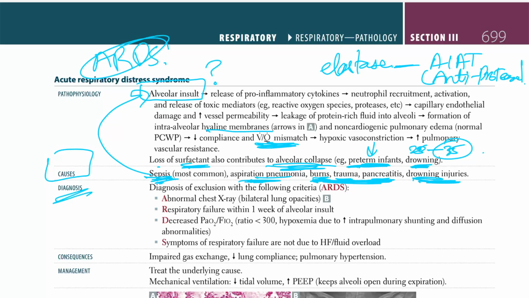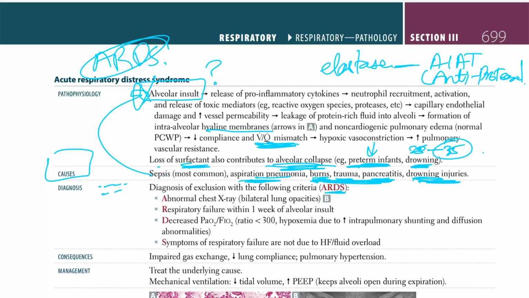But let's look at diagnosis first. How do you diagnose this? That, okay, it is ARDS. Well, it is a diagnosis of exclusion. What does that mean? That means you're going to look at every single thing, and then if you don't find anything, and you say, hey, we are tired, we checked everything, it's ARDS. Okay, diagnosis of exclusion, but it also has criteria. You can't just say it's ARDS when there is not much alveolar insult or not much of these four things. So let's talk about what the ARDS